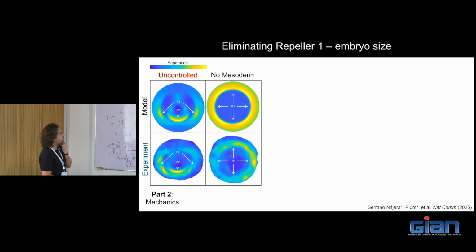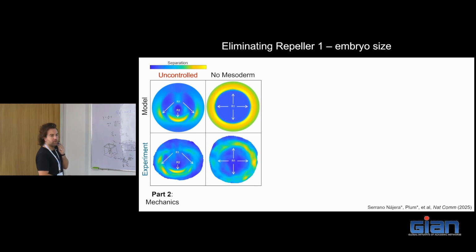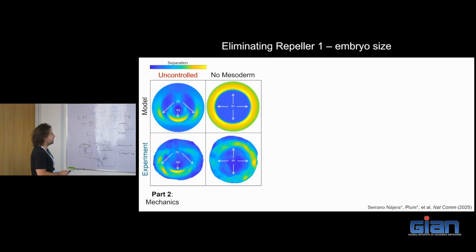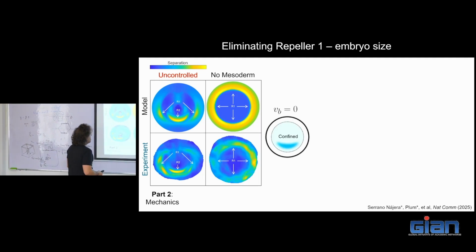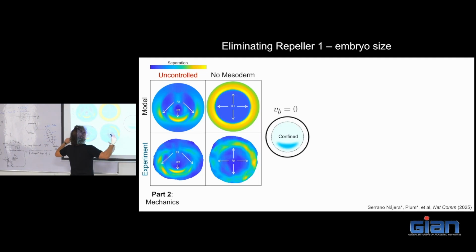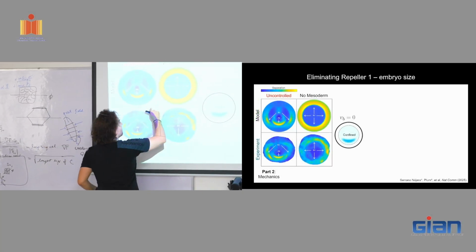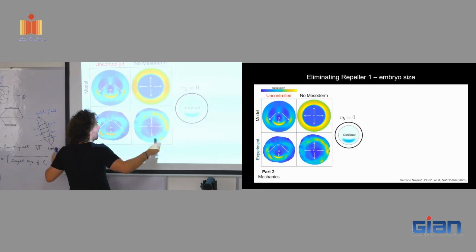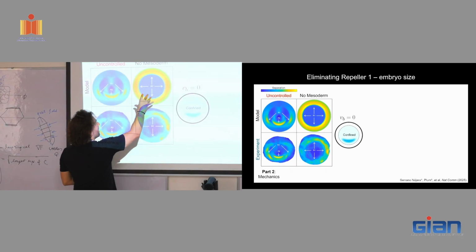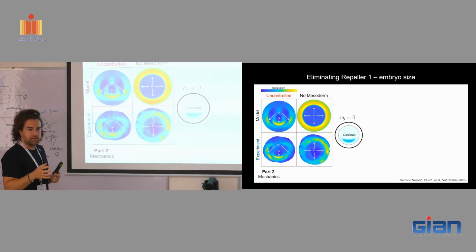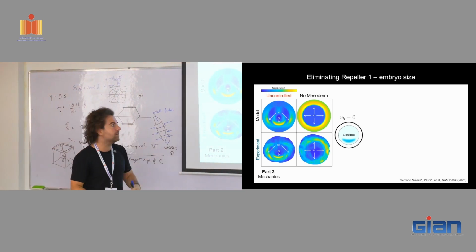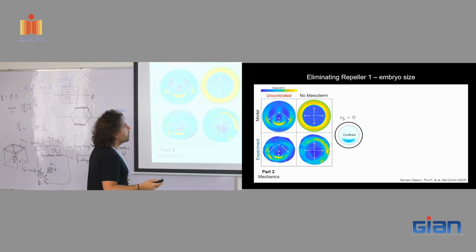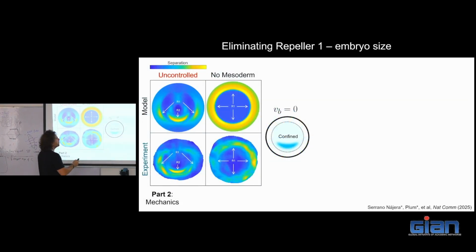Now we say, can we actually eliminate repeller number 1 and keep repeller number 2? Repeller number 1, remember, is this that separates embryonic with extraembryonic. We said this is actually caused by a competition between these cells that are pulling and stretching the embryo, the extraembryonic cells that are pulling away, pulling out, and the myosin contractility inside the embryo. Because isotropic myosin contracts, so you have a force that contracts, another one that pulls, and their balance will generate this repeller. So what we did in the model, we said, I'm going to just turn off the boundary